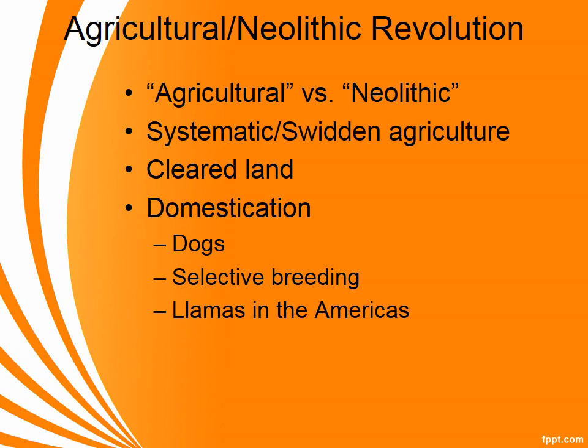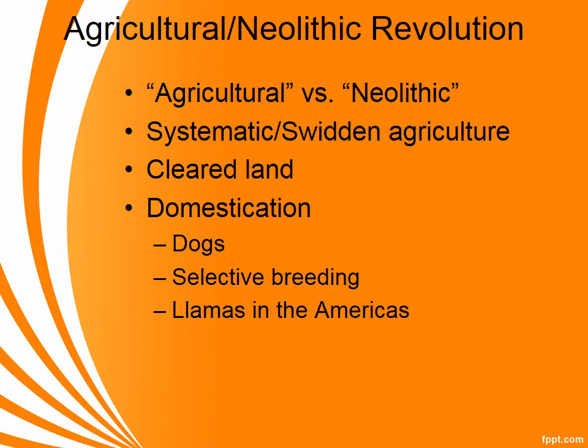Obviously, the loyalty of the dog and the hunting skills of the dogs are super important to hunting, gathering lifestyles. However, when we start farming, we're also going to start doing what's called selective breeding. So we decide that we take our best bull and our best cow to create a super cow. And out of that selective breeding, we're going to create animals that are suited to our needs. So if we wanted a more docile cow, or if we wanted a horse that we could control better, then we're going to take personality types of different animals and breed them with other personality types so that we can get what we want out of it.